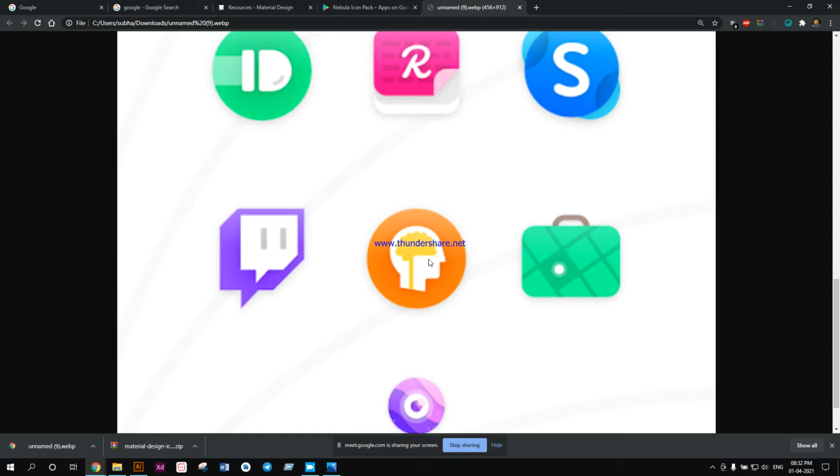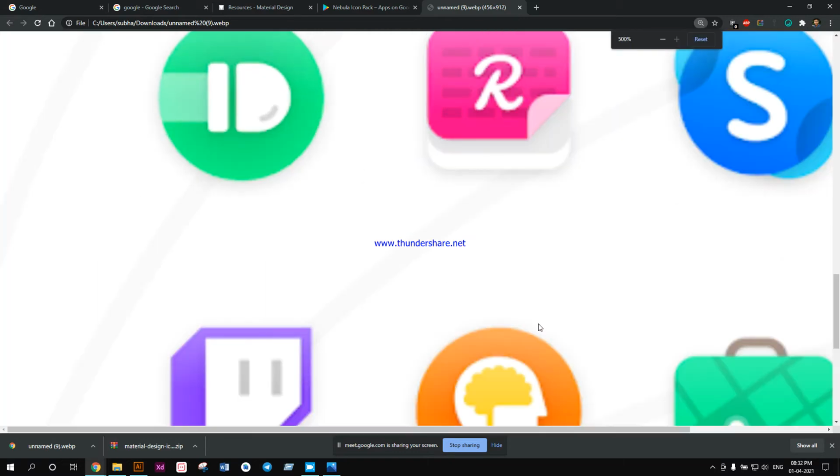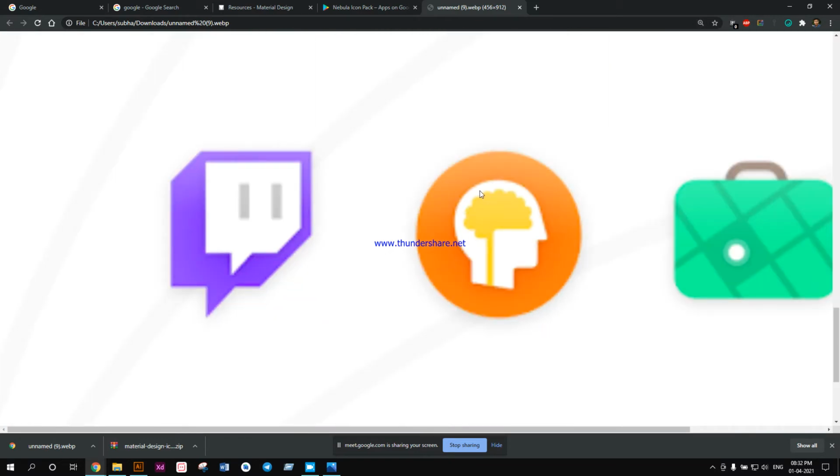something like this. Look at this one. This is the orange background with the white head and the yellow brain. So this is the background, the orange part. The white part is our foreground, and this yellow brain is our foreground element. Now for this white part, you see over here around the white part is something dark.